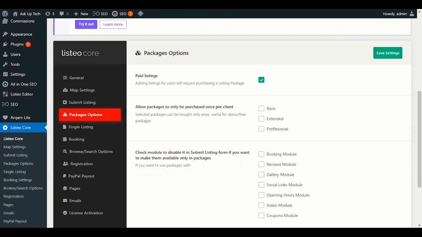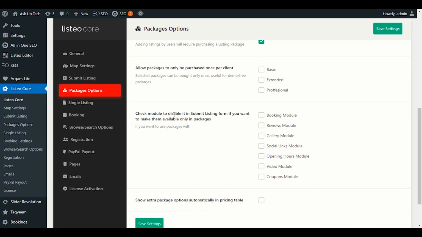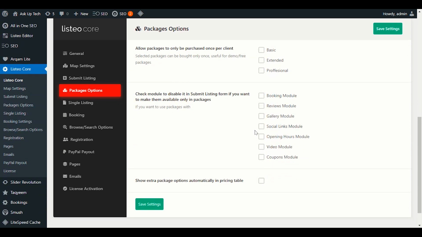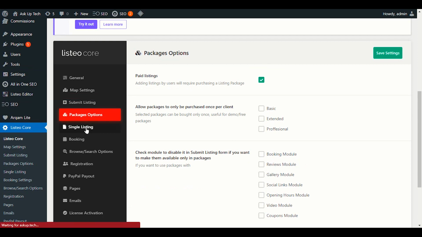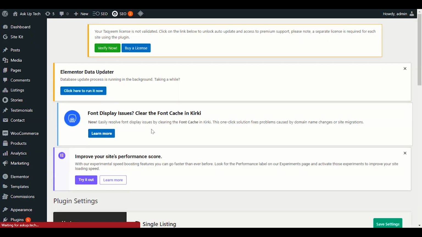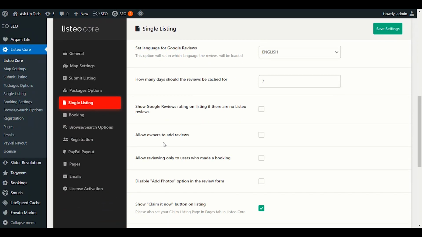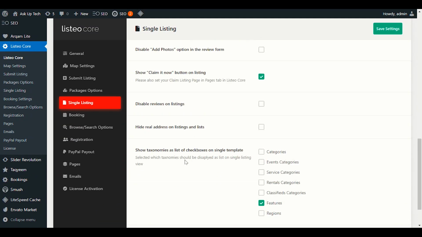So what options do you want to allow? You have to choose all the options here. Check a module to disable it in submit listing if you want to make it available only in a package. For example, you have to decide which options are only available in these packages, and you have to exclude them from here. Okay, so let's go to single listing. If someone wants to submit a single listing, you can leave all these